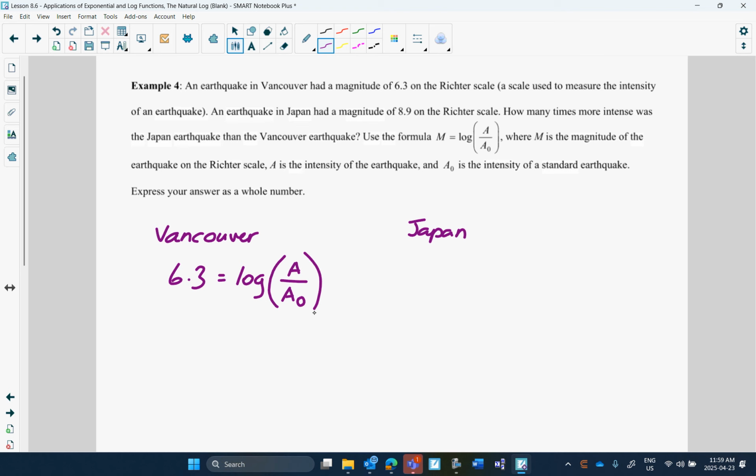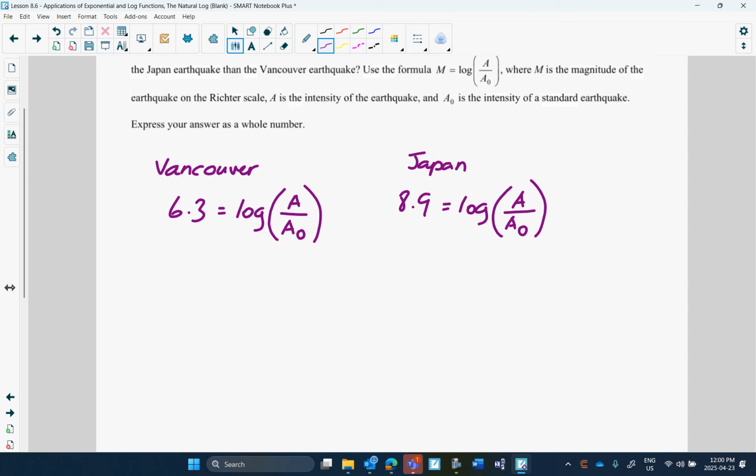For Japan, everything's the same except we do 8.9. Well, we're not given a base, so we have to assume that it's 10. Remember, I don't know A0 either, so